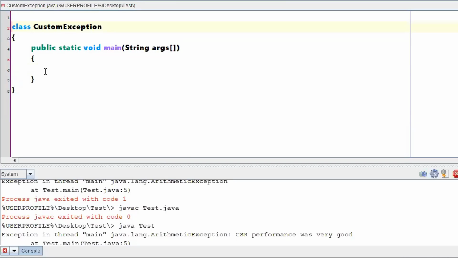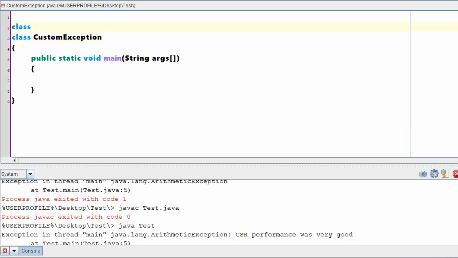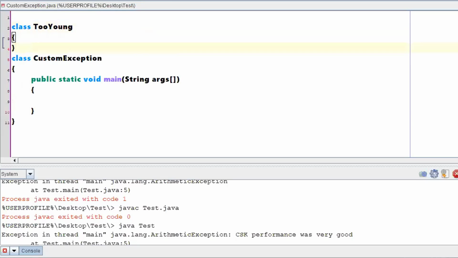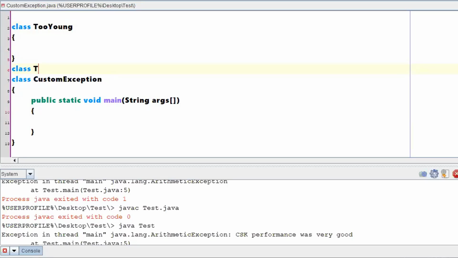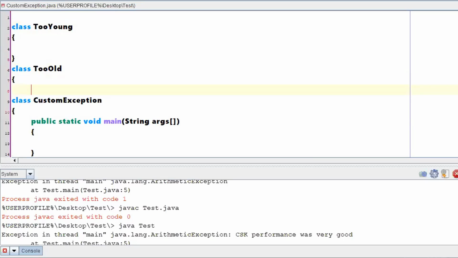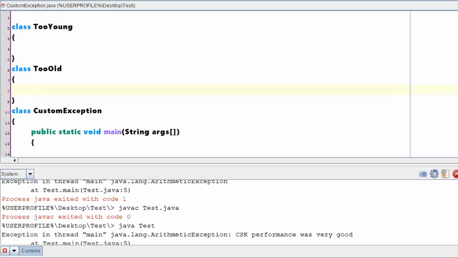Now let me create the two classes. Class TooYoung, this is one of the exceptions. Now class TooOld, this is another exception. We are just writing the classes, and I am saying this is one exception class and that is another. Now if you want to make normal classes as exception classes,